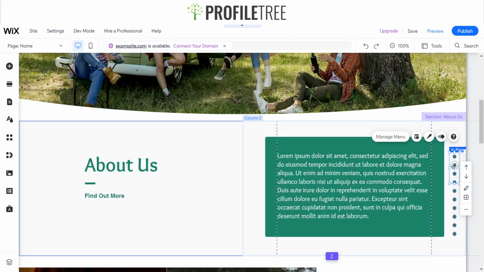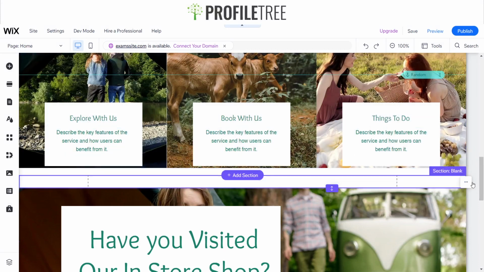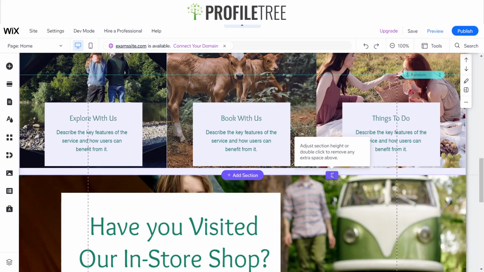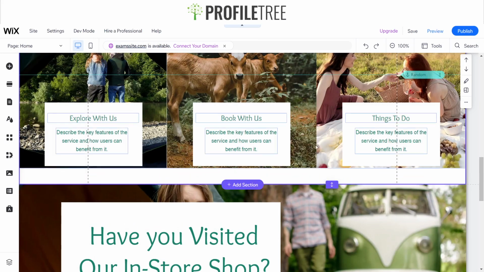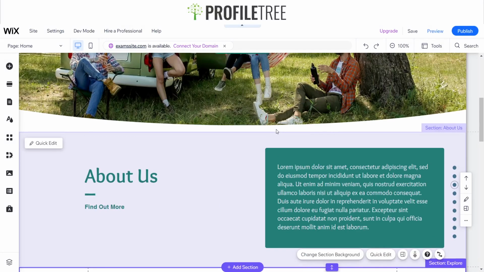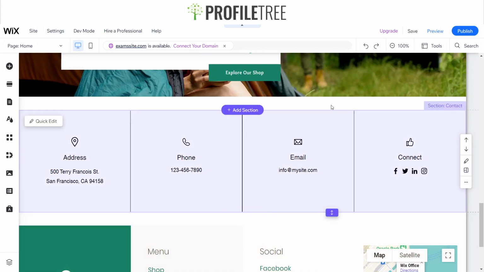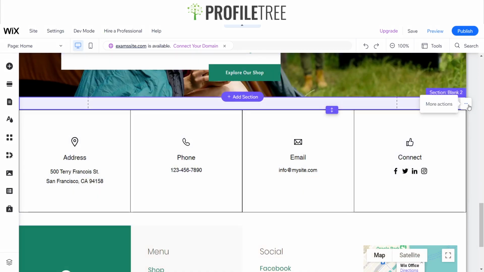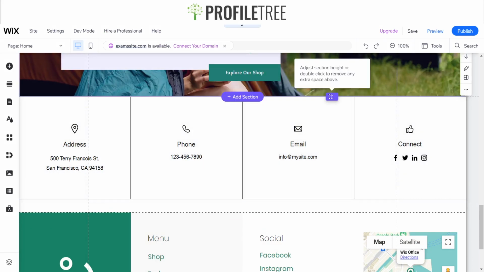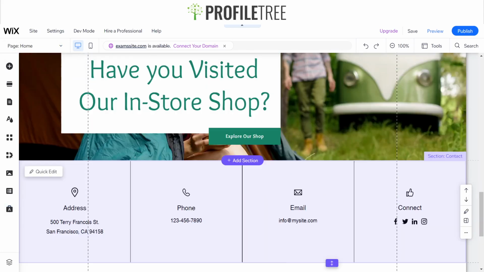Now as you can see, it's got more than what we need, so I'm gonna have to delete a section, which we'll go ahead and do. Space that out. And then I think we have one more blank section. Yep, we do. I'll go ahead and delete that. Okay, so